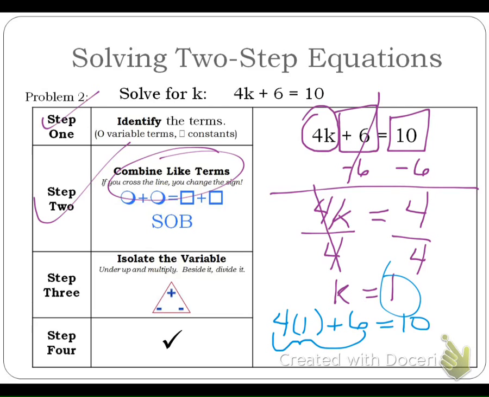So we have 4 times 1 plus 6. Now you do have to use the order of operations here because we have an all-numeric expression. So you would have to multiply the 4 times the 1 before you add the 6. 4 times 1 is 4 plus 6 is equal to 10. Does 10 equal 10? Of course it does. So our answer